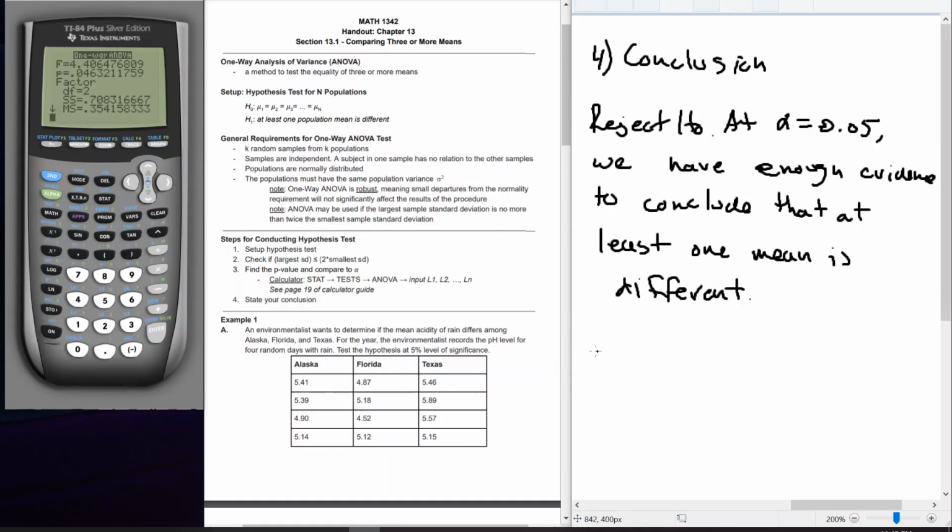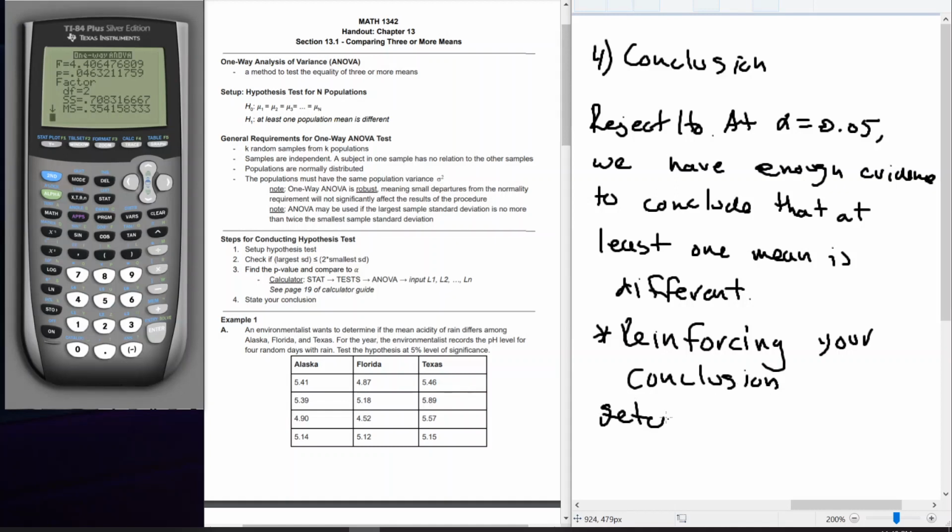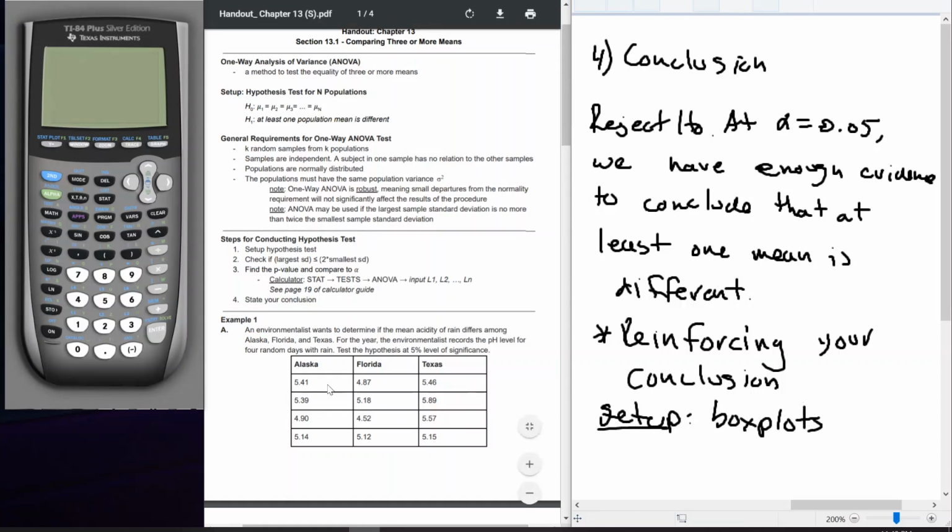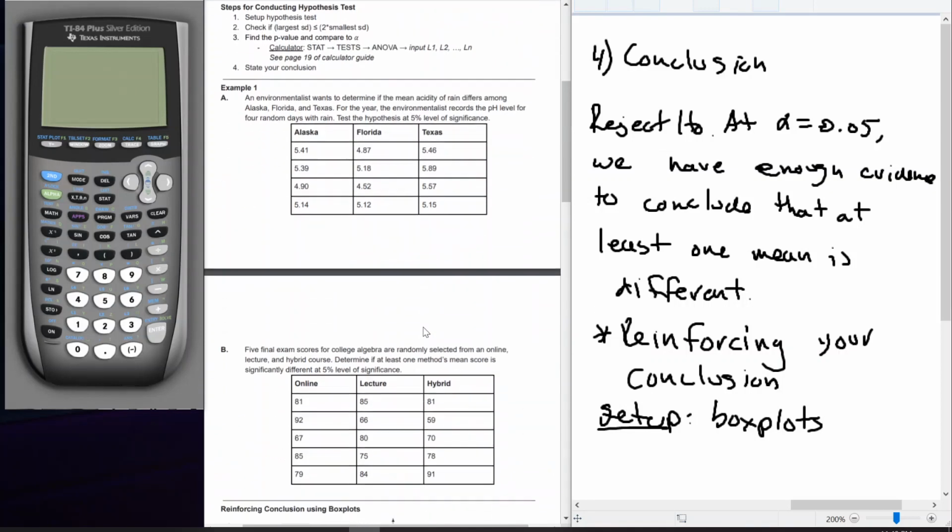Reinforcing your conclusion. Okay, and to reinforce your conclusion, we're going to take a look at the box plots for each of these populations here. So if you go in the handout,